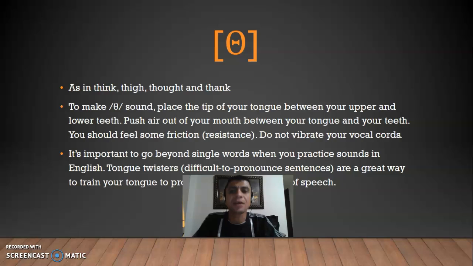To make the sound, place the tip of your tongue between your upper and lower teeth. Push air out of your mouth between your tongue and your teeth. You should feel some friction, resistance. Do not vibrate your vocal cords. Something like